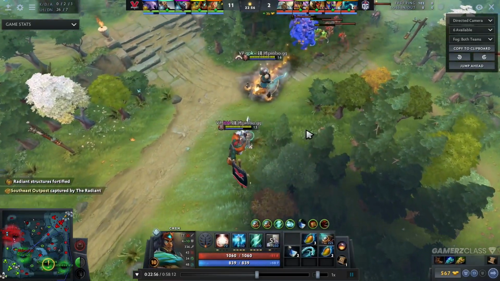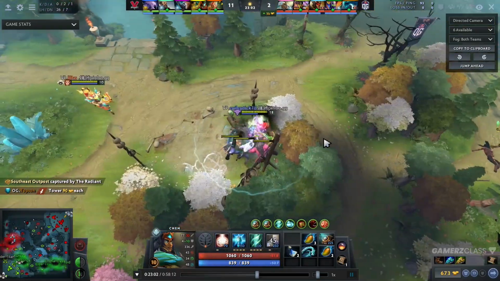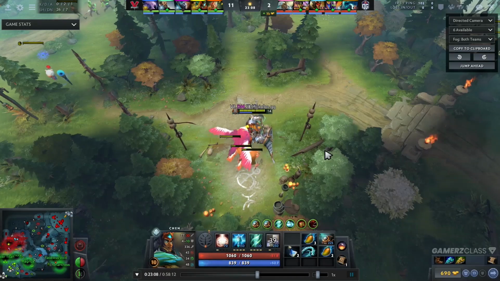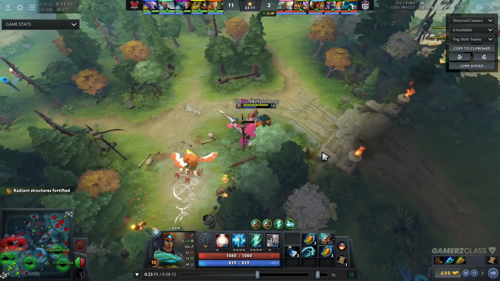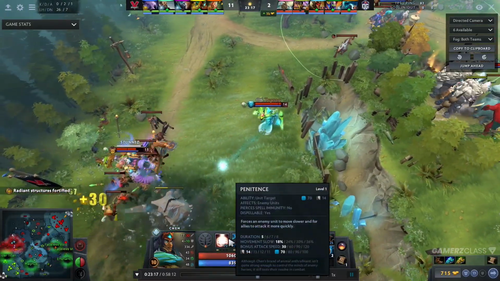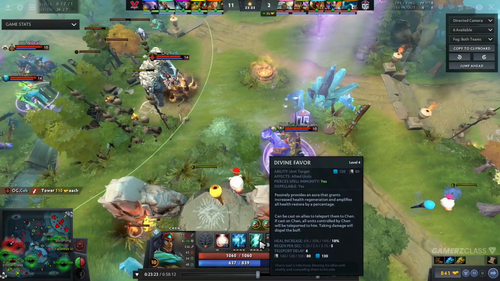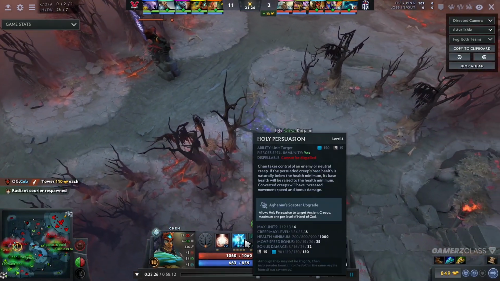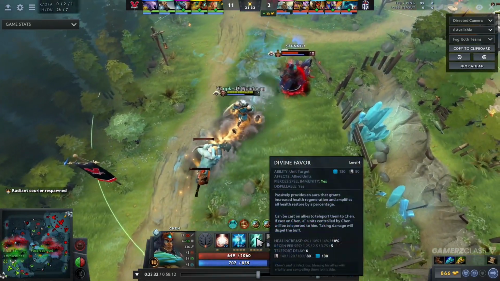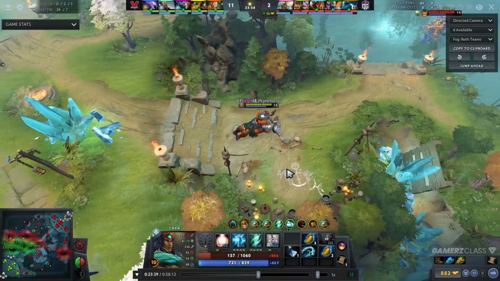We also have a position 5 in this game that does not have a magic wand or a stick, which is the Chen, and this is simply because the Chen has a lot of sustain baseline and he can't cast spells in a fight frequently. We saw that Penitence got picked up on level 10 here, so for the first 22 minutes of the game he only had the Divine Favor and Holy Persuasion, and Persuasion is usually not used in a fight that often, and Divine Favor is usually also only used before the fight to TP someone in,